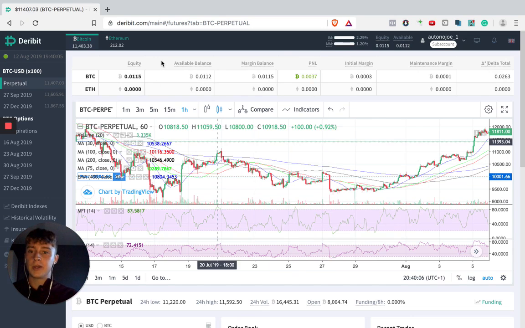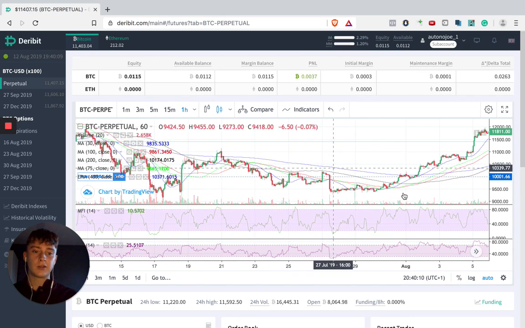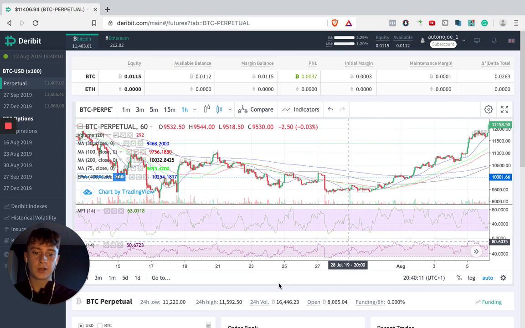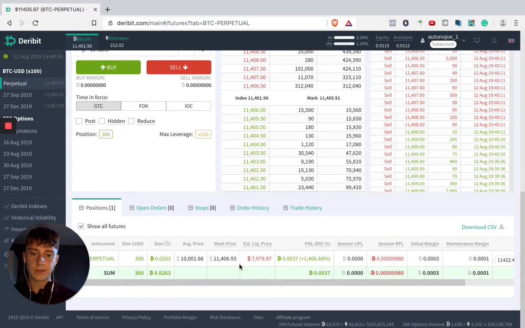I did lose a bit and I gained a bit, and then I just was a bit careful. I put this position in at a really low risk, so I think my liquidation price, so this is when all of the funds in your account would be evaporated, liquidated, would be 7,979, which is a level we haven't seen for a while. So I did a low risk position here,